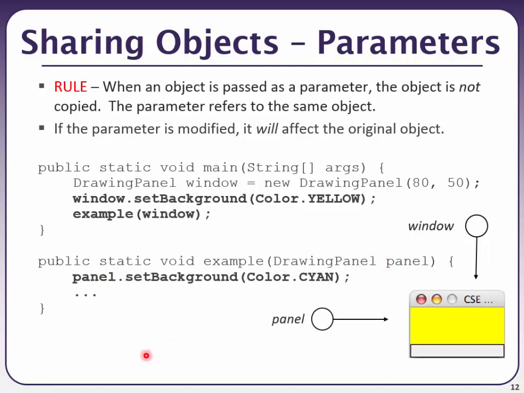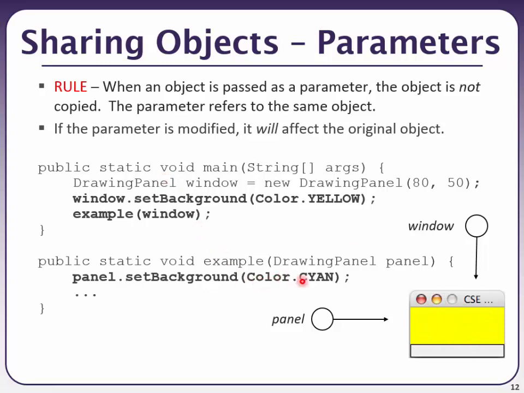So panel contains now the same reference as window. So it's kind of like what we had on the previous slide. We have two variables that point to the same object, except that one variable is in the scope of the main method. The other variable is in the scope of a separate method. So we have here a mechanism that allows the example method to now have access to an object that is actually shared with the main. So it doesn't have access to a copy of something that the main sent. No, it has access to the very same object that the main is